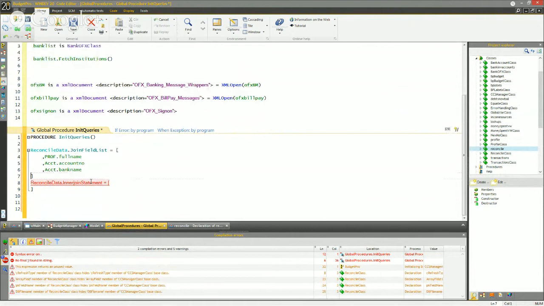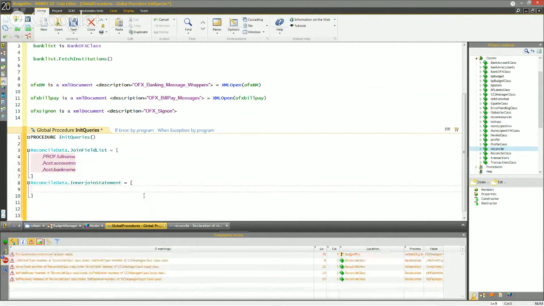What this does, as we step through this, you'll see it. It actually builds a SQL statement on the fly, because this is the join field list to go in there. Now, in order to get this data, we've got to add in the last pieces. Inner join profile as prof on prof profile ID equals on profile ID. And then we do the final inner join,